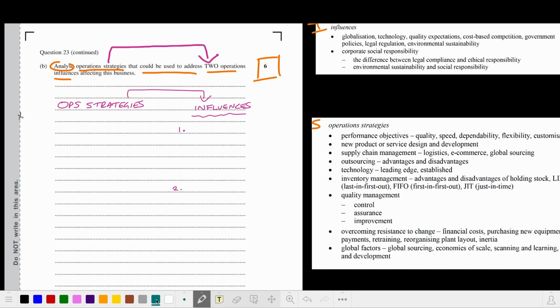So let's put this in this greenish color. We'll say, okay, so we're looking here at these influences. So I think that technology is a good one because there is that discussion of outdated payment methods. So that would be a good influence to include. And so we've done one, and now we just need to do one more. Now, globalization, I think, would be a good one because we know that there is global competition coming in